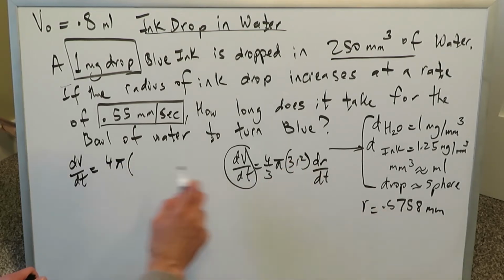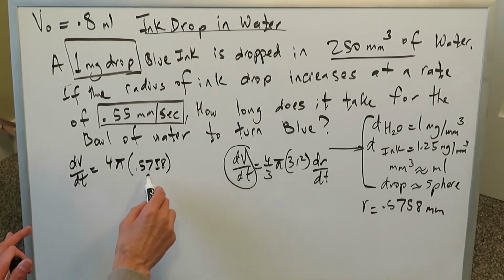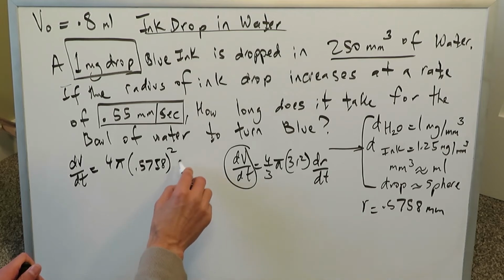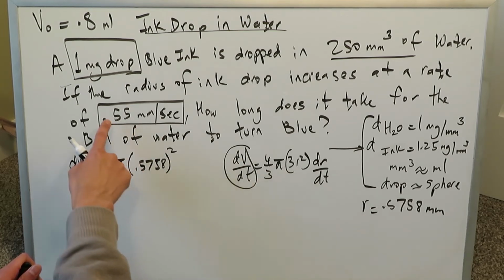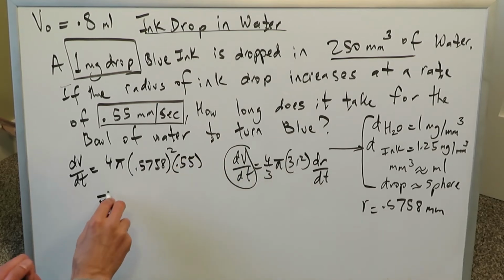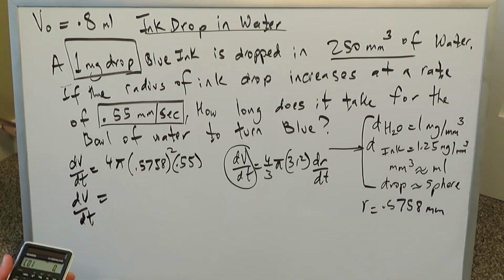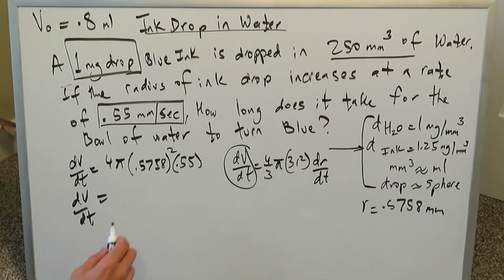We know this right here is our radius, 0.5758. Assume we're not looking at the units just yet. Square, and the rate of change of the radius, we already know that, 0.55 right here. We solve over here for dV/dt, change in volume over change in time. You need to bring your calculator for this specific part right here. We'll do 4 times pi times 0.5758 squared times 0.55, and we get a change in the volume here to be